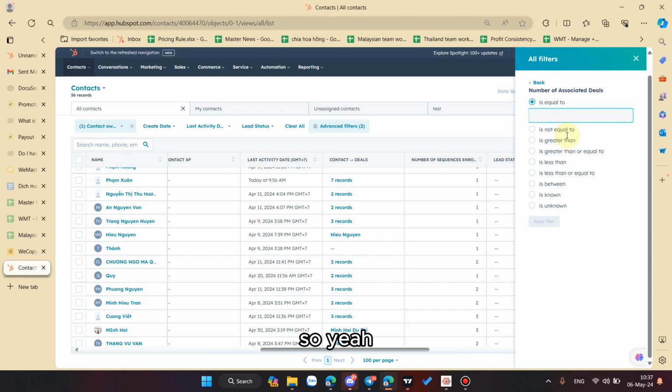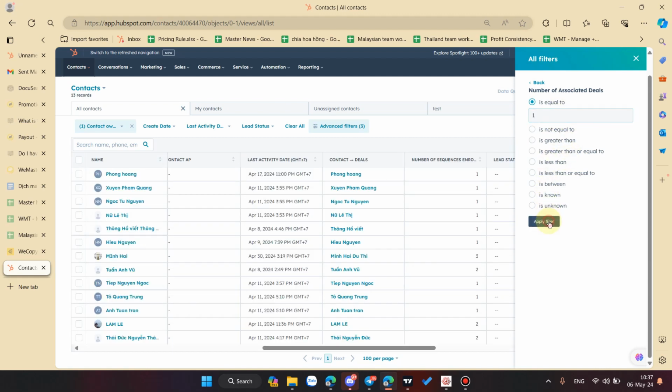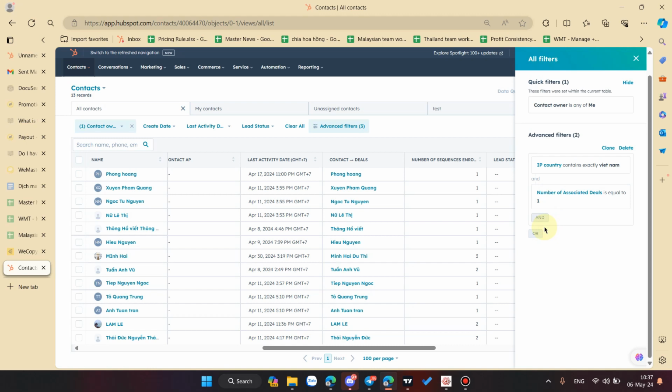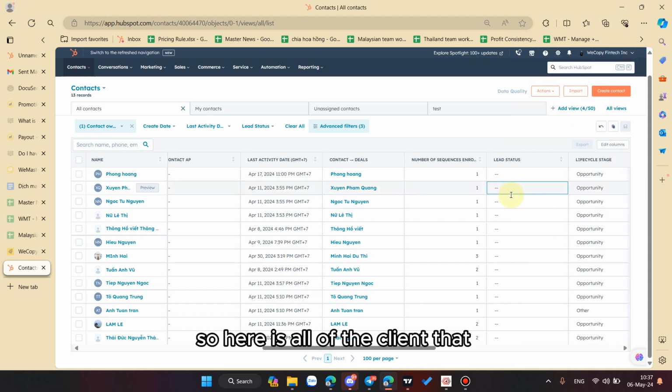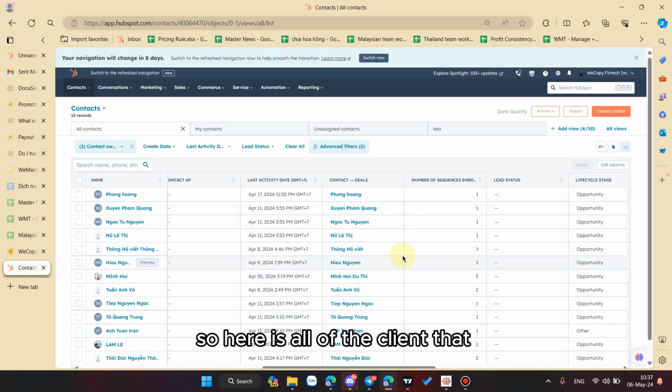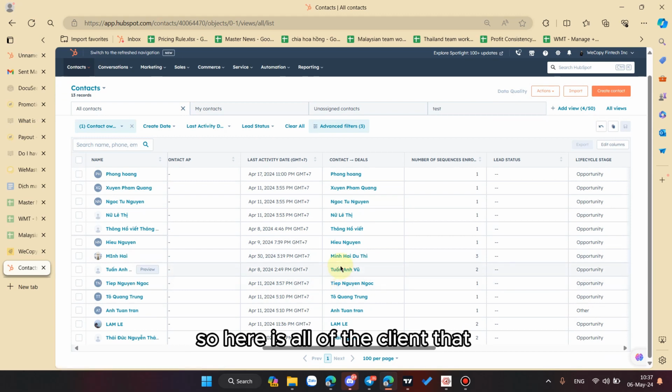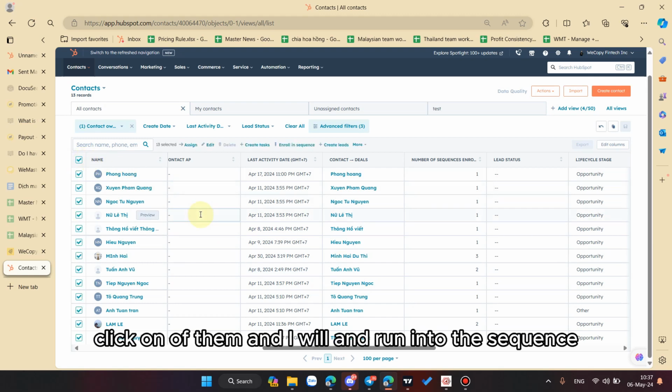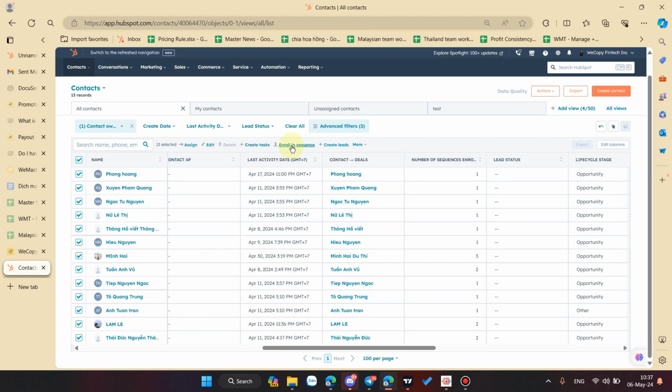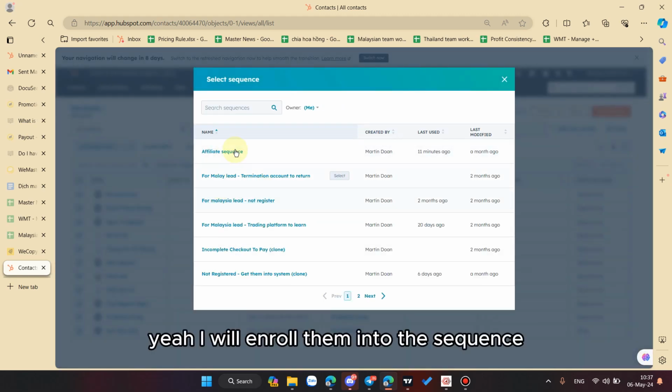So yeah, I will type one here. I will explain later. So yeah, here is all of the client that meet my condition for filtering. So let's say I just click on one of them, and I will enroll them into the sequence.